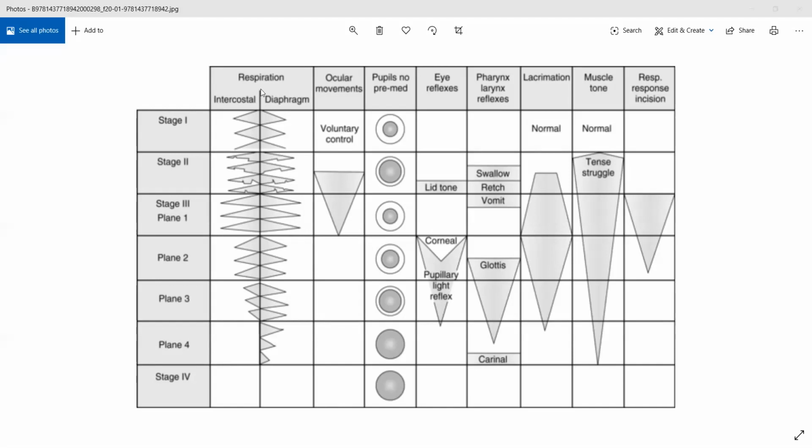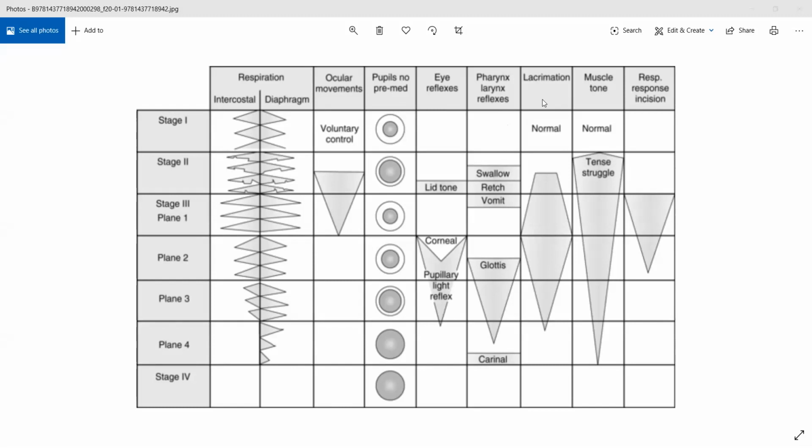You can see here in the fifth, sixth column from the left, pharynx and larynx reflexes, they will go down. The reflex from your glottis and epiglottis will go down. It will not tighten up and it will not close your respiratory channel. That is the reflex that will happen if you are having injury, especially surgical kind of injury.